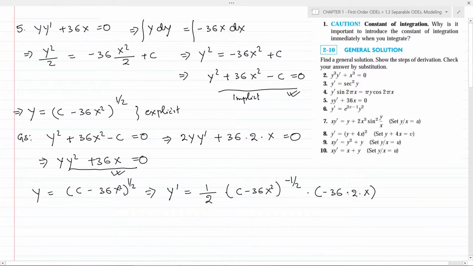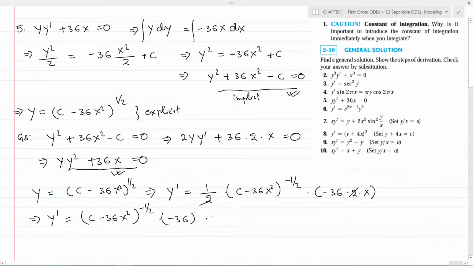We do this by chain rule, and we can write this as y dash is equal to, this 2 cancels out from the numerator and the denominator, c minus 36 x square to the power minus half multiplied by minus 36